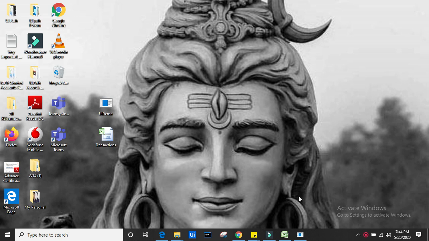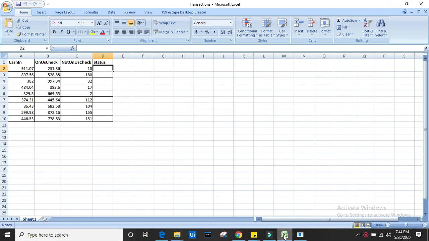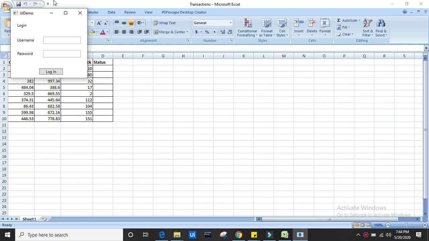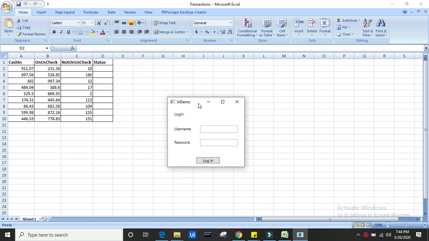So in the previous video we discussed the overview of the RE framework, correct? And we have also gone through the RE framework template, right? So today we'll discuss one of the basic examples. We are going to build a workflow by using the RE framework template. Okay, the workflow is very simple and the task is very simple.